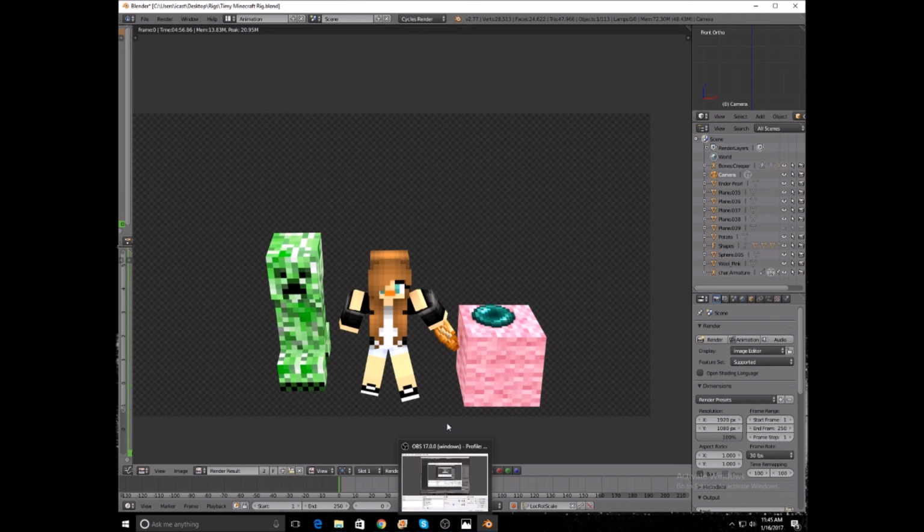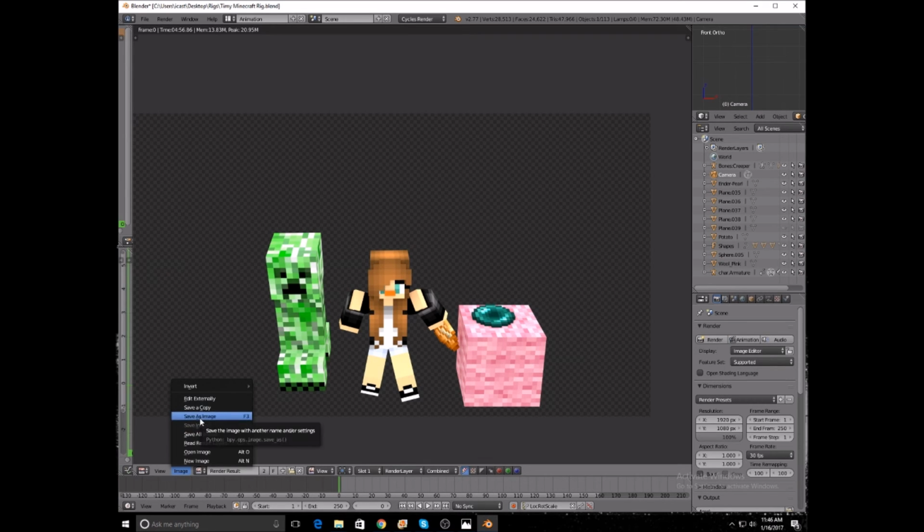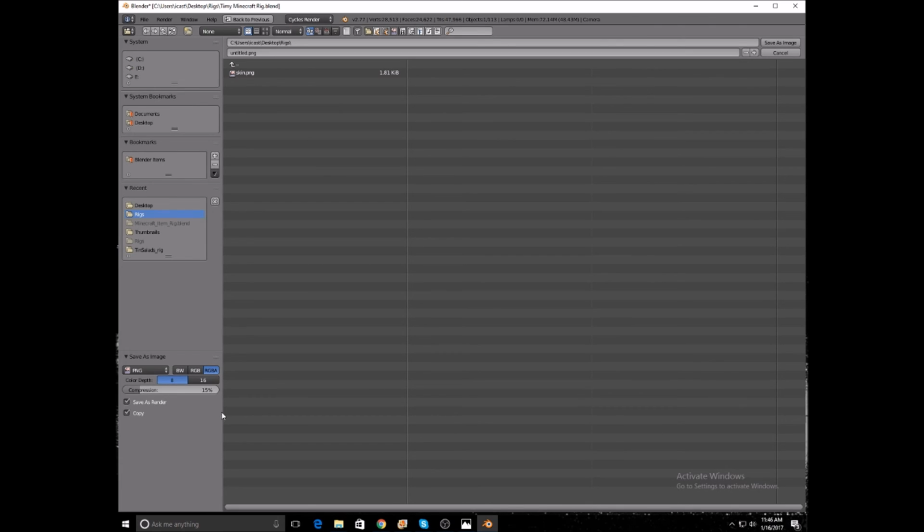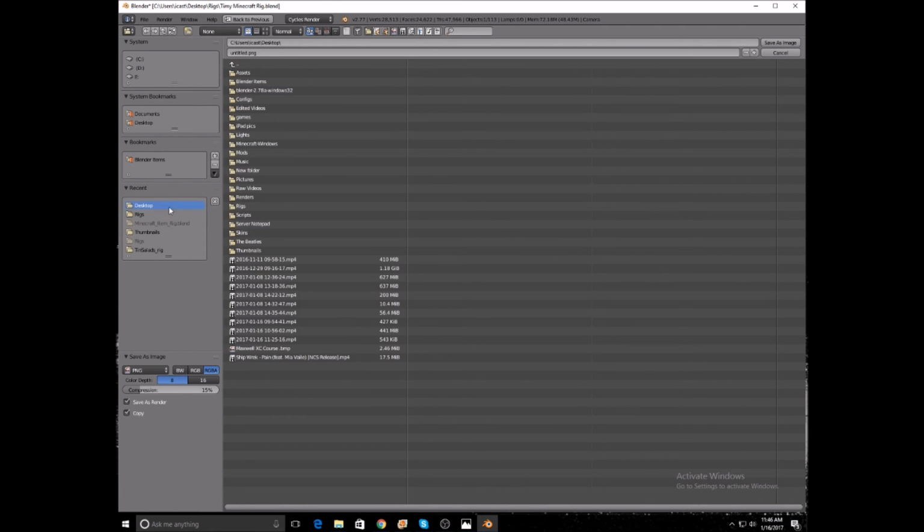Okay guys, so it is done, and all that you have to do to save this image is go down here in the bottom left corner, click on image, save as image, and then this will pop up. So this is in your rigs file. I would recommend going onto your desktop